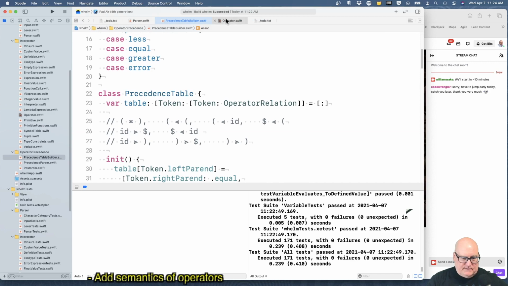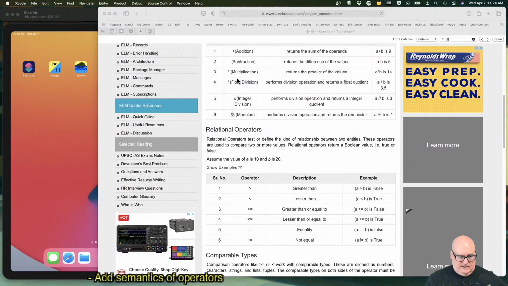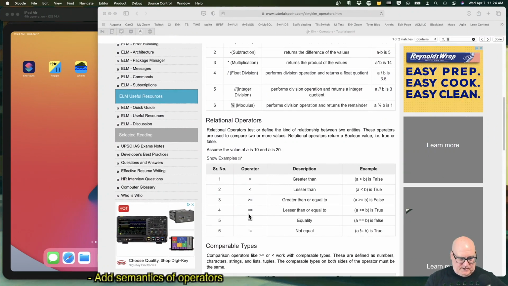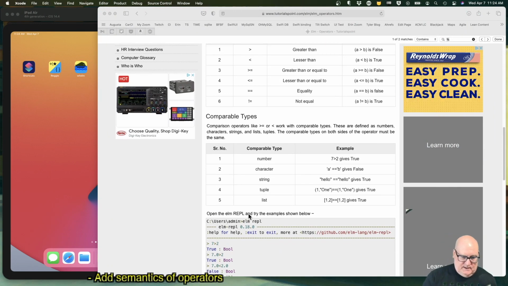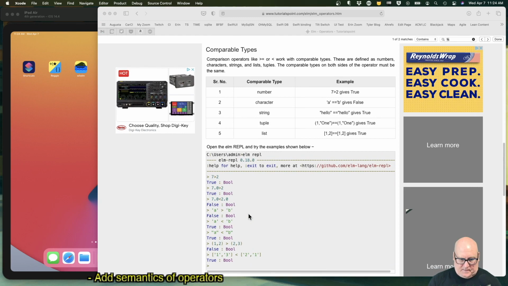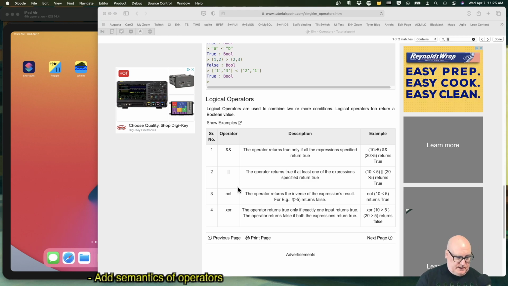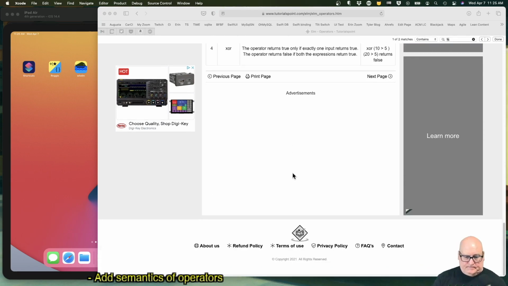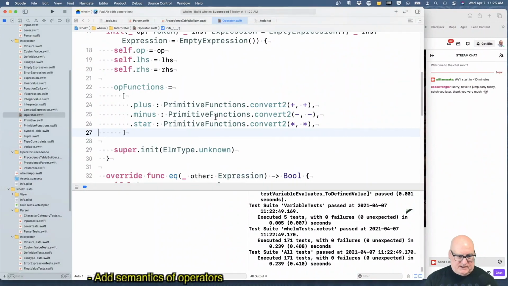What else do we have? Plus, minus, star. Those two are special. That one's special. These relationals we don't really do. Comparable types. We haven't addressed comparables. Logicals, they only work on booleans. Okay, well, it's pretty restricted, right? Plus, minus, star, but I think that should be okay.